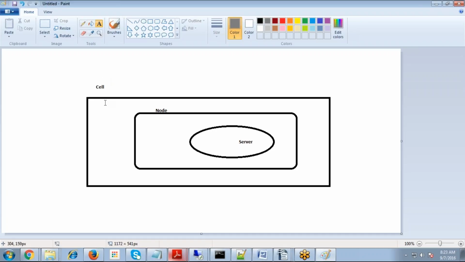All the configuration files of a cell will be located here, all the node level configurations will be located here, and all the server level configurations will be located here. The server uses the server configuration, node configuration, as well as cell configuration files, and the node uses its node configuration files and cell configuration files, whereas the cell uses only the cell configuration files. All these configuration files are located in